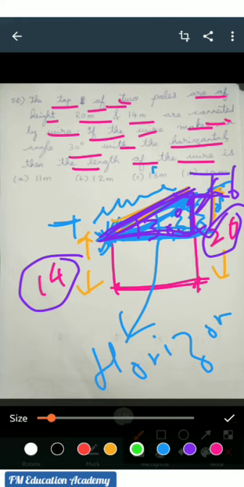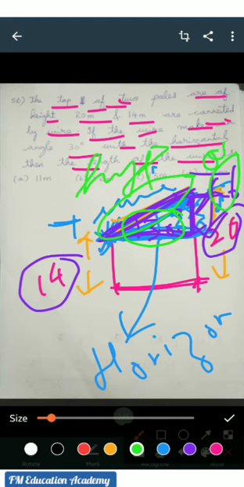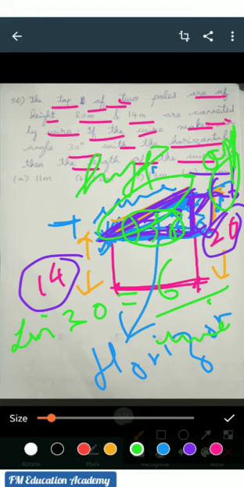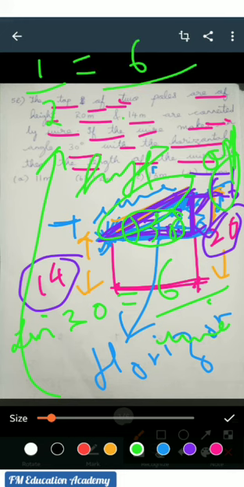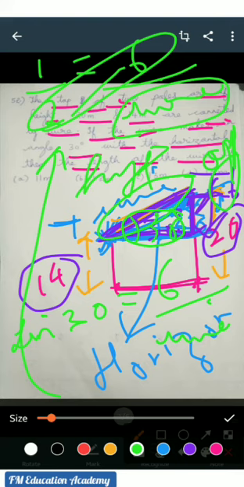So here we know the height 6 and we know the angle. Which one we have to use? This is the hypotenuse. So we have hypotenuse and we have opposite side, and also we have angle. Which ratio we have to use if we have opposite side and hypotenuse? We can use sine, because sine 30 is equal to opposite side by hypotenuse. Opposite side is given as 6, hypotenuse we have to find out, that is wire. So sine 30 is equal to how much? 1 by 2. So we can say 1 by 2 is equal to 6 by length of the wire. Okay, so cross multiply, we got 6 2s are 12. So what is the length of the wire? Length of the wire is 12 meters.